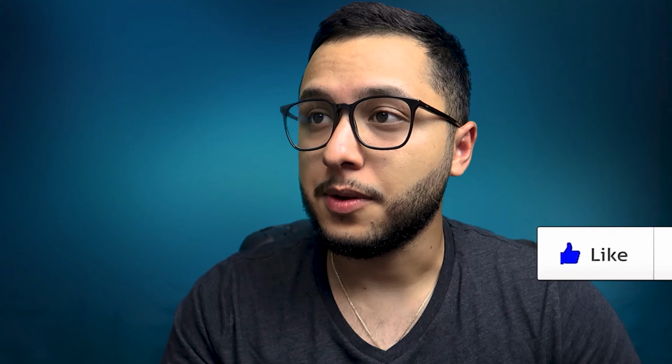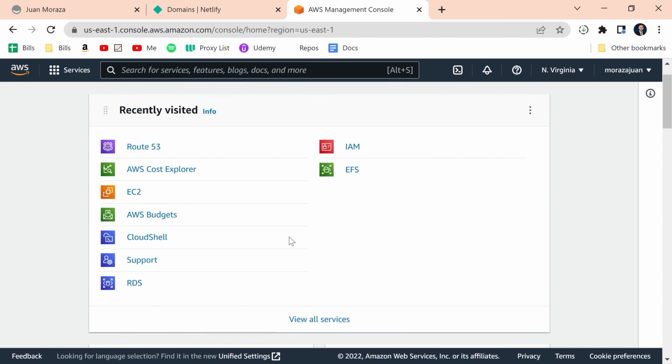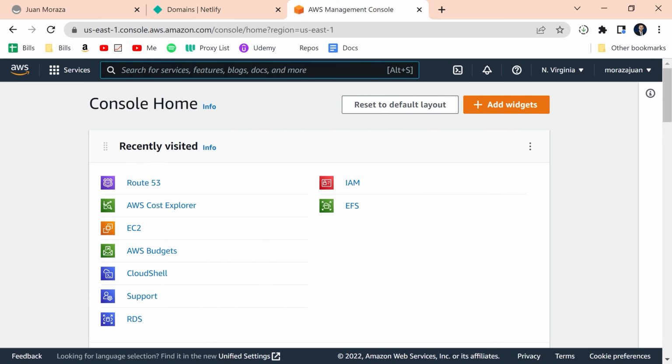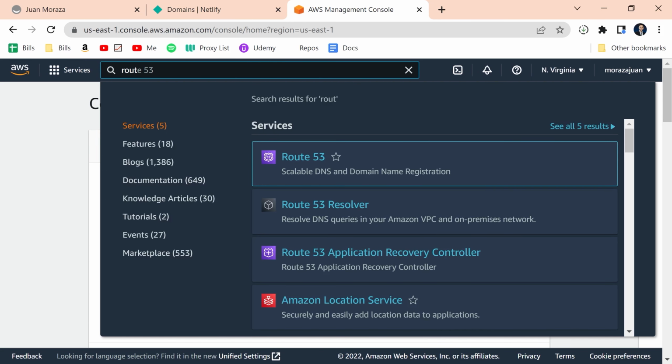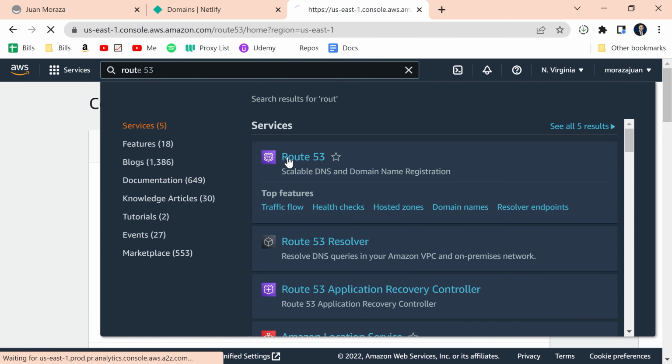So we go to AWS. Alright, so now that we're in AWS, you can see that I'm already signed in. You're gonna need to create an account for this. After that, you're gonna have a UI like this. We're gonna search for Route 53, so we can see it pops up right away. We click on it,